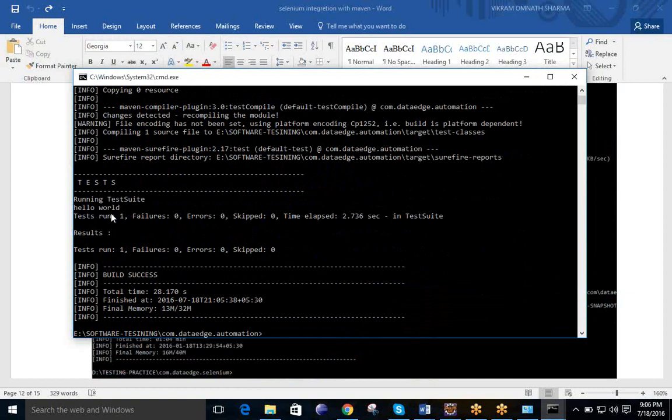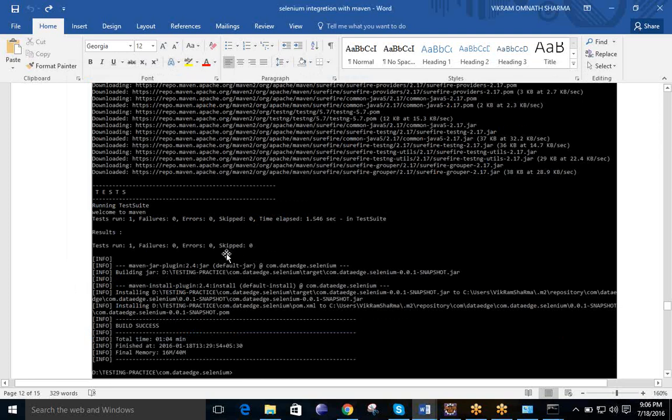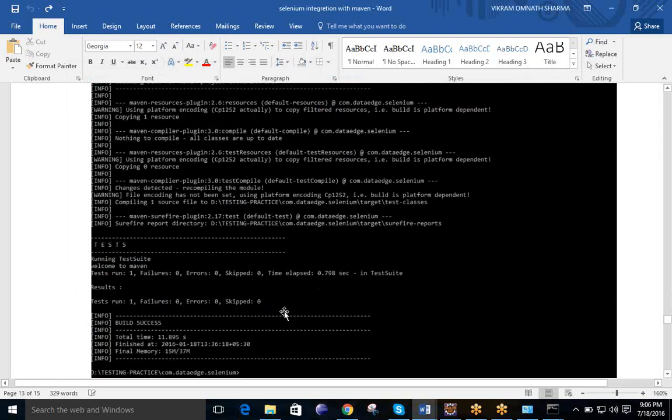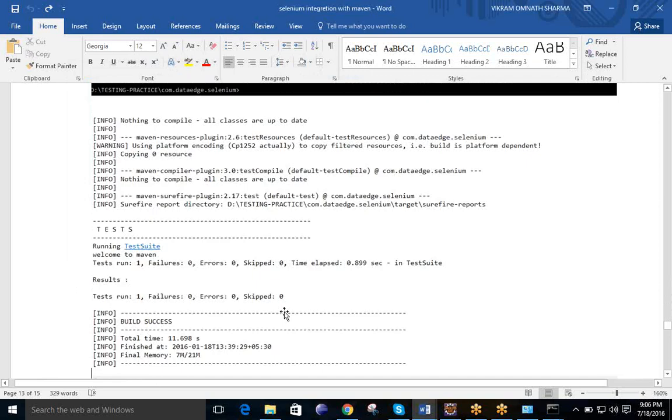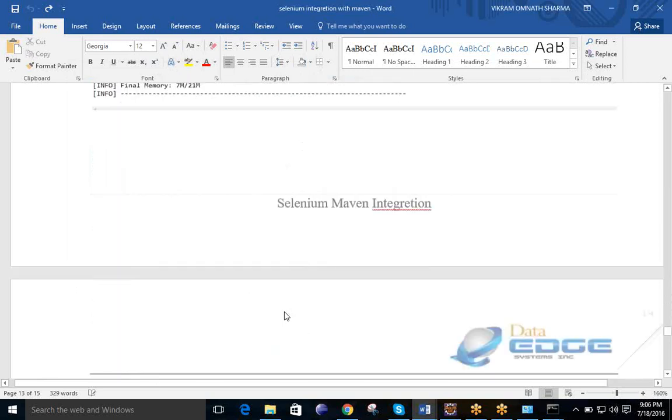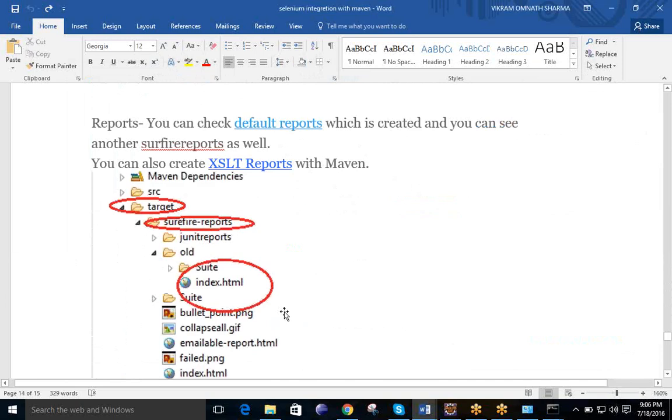If you give 10, 15, every output will be present over here with the information running test suite, and it is the output hello world. These are the information that we are already familiar with, how we can get this output. If everything is okay, it will give you the build success, otherwise you will get the build fail. The same information you can see over here, that is present in your slides, and you can make use of these informations by executing.